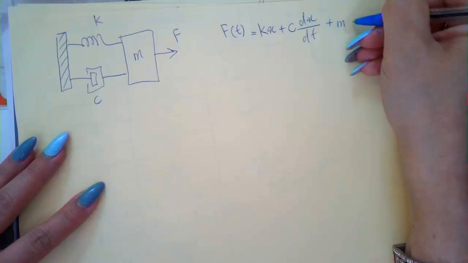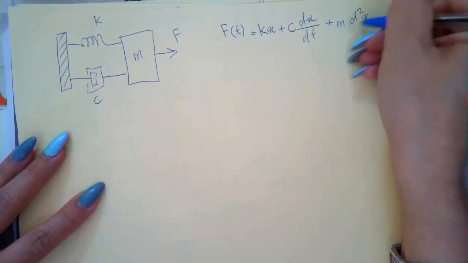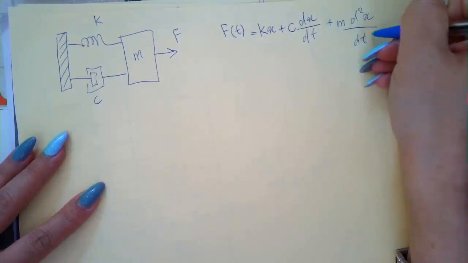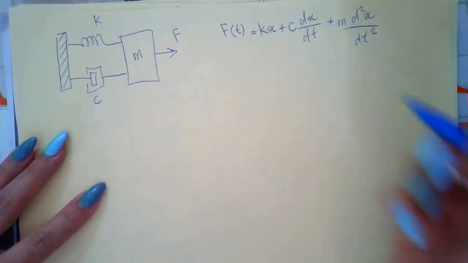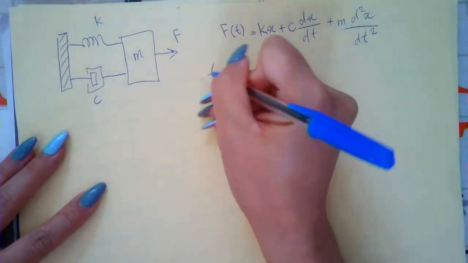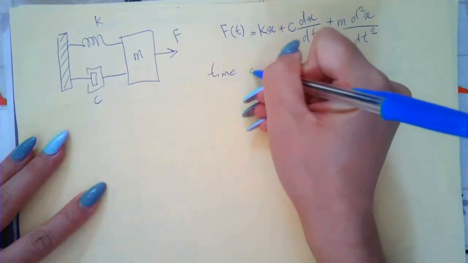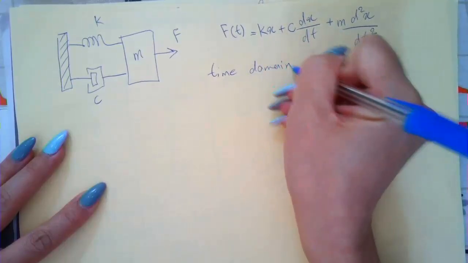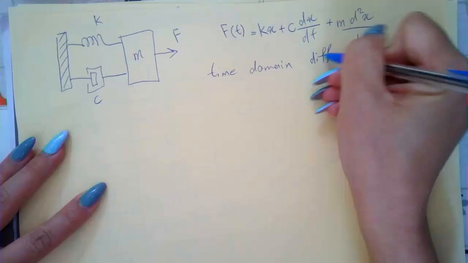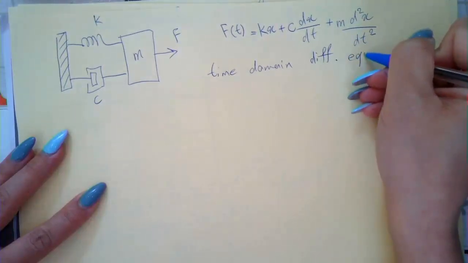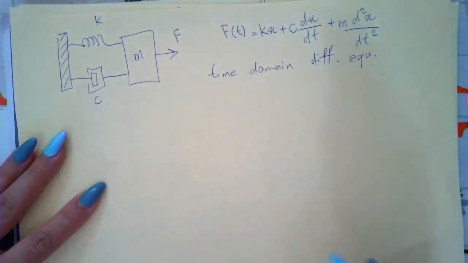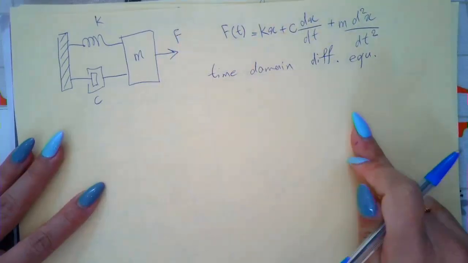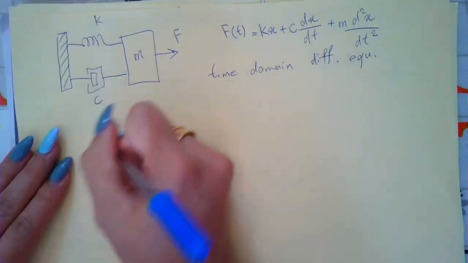and m times the second derivative of x in time. What is that? It's the time domain differential equation. Now we want to convert that into Laplace. How do we do that? We apply